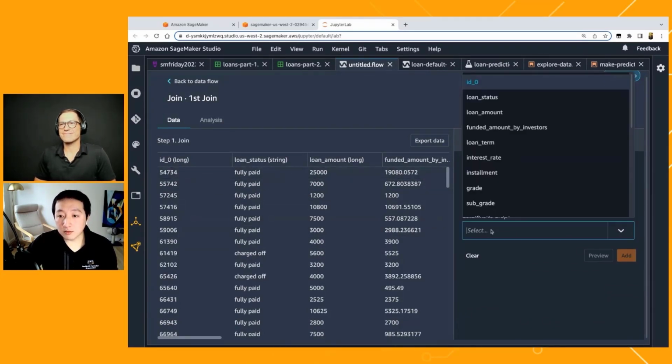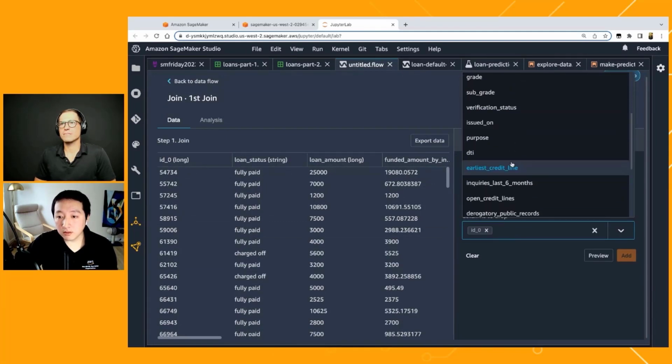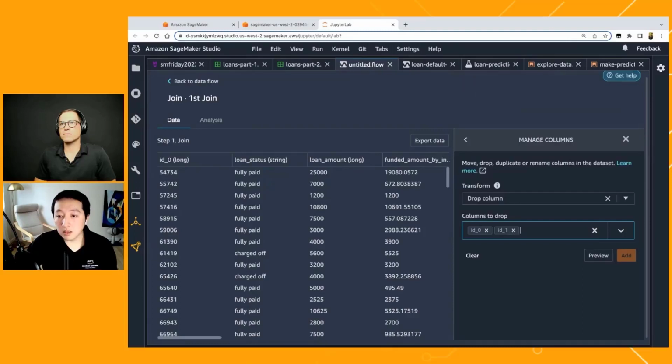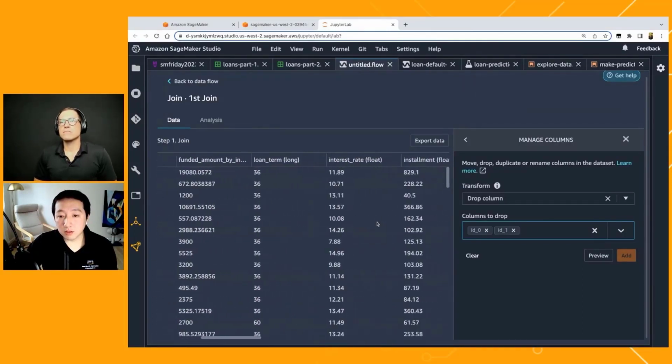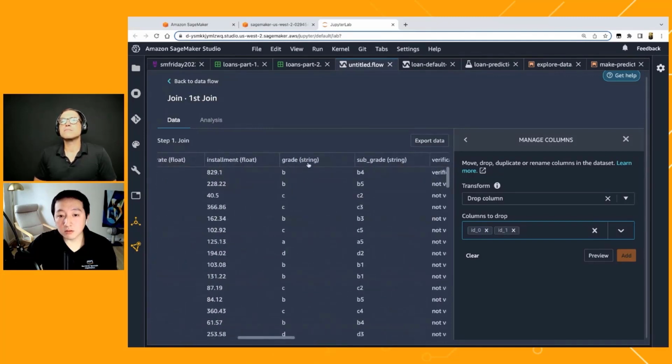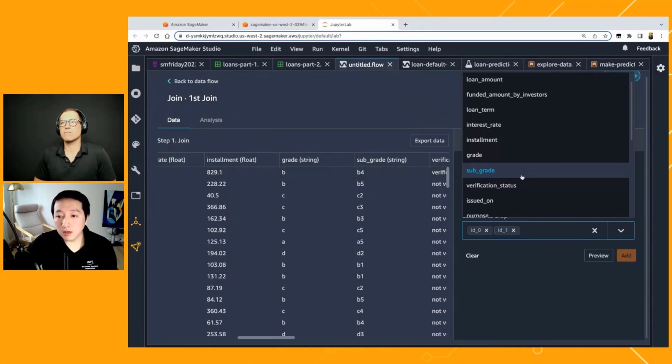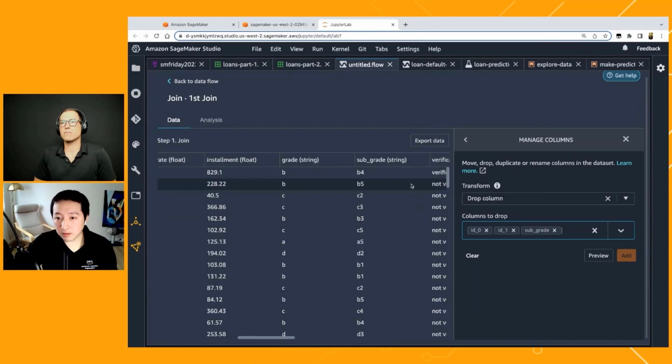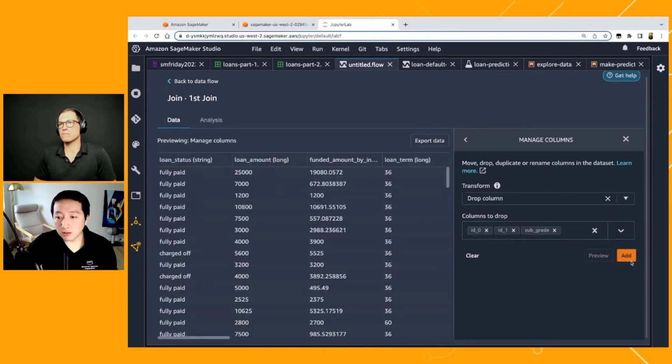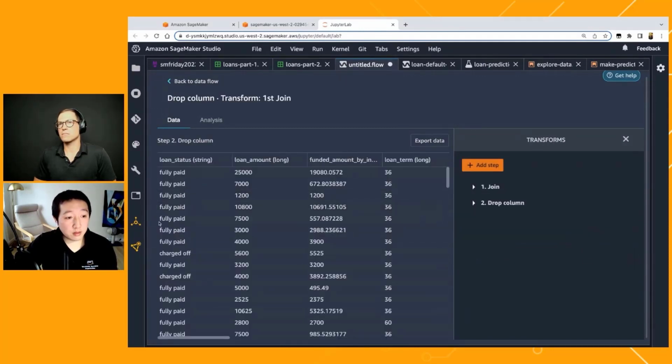Let me drop some columns first, like the IDs, and we can multi-select the different features or columns. So the two IDs, and what we also learned is that there are some gradings that might be redundant. Grade and subgrade, this is a more fine-grained grading, so we can just choose one. You can quickly select multiple columns and perform the same operation. So let me drop three columns, and that's the first step that I do.